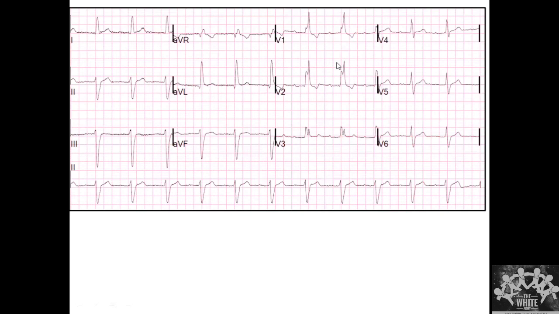You can look at any lead for PR interval, wherever you have a very good P wave. Here I had a very good P wave in lead 1, and lead V1. Most commonly we prefer using lead V1 and lead 2, because these are the two leads that help us in getting a very good P wave. In these leads I don't see a very good P wave. The only leads where I'm seeing good P waves are V1 to V3. Even here it's borderline. Here it's difficult. Is it some baseline scribbling or something? Got this point?